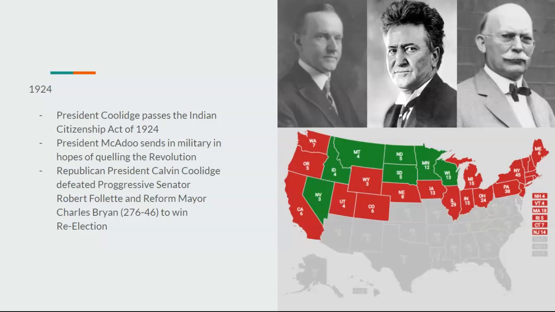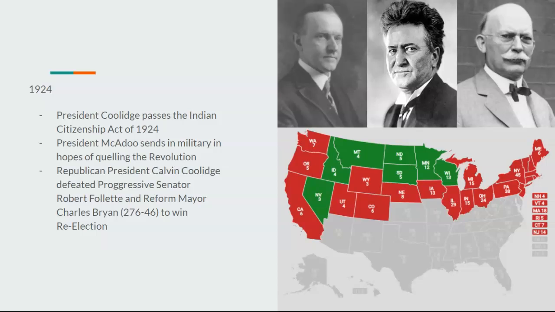In 1924, President Coolidge passes the Indian Citizenship Act. He gives Native Americans in the Union States citizenship, voting rights, everything. In the Confederacy, President McAdoo sends in the military in hopes of quelling said revolution. It fails tremendously. But in the 1924 election, Republican President Calvin Coolidge defeats Progressive Senator Robert La Follette and Reform Mayor